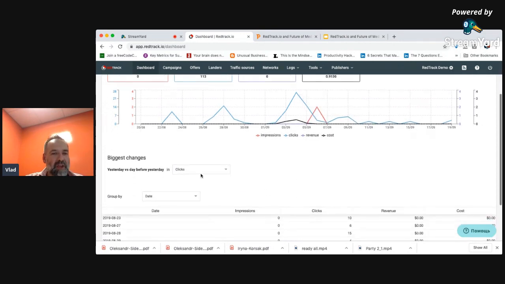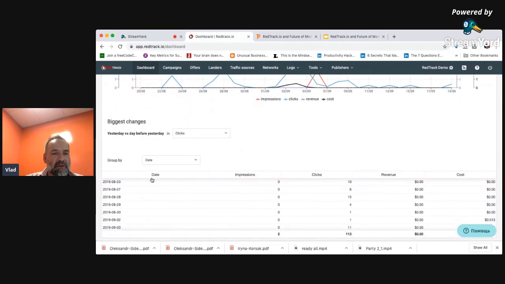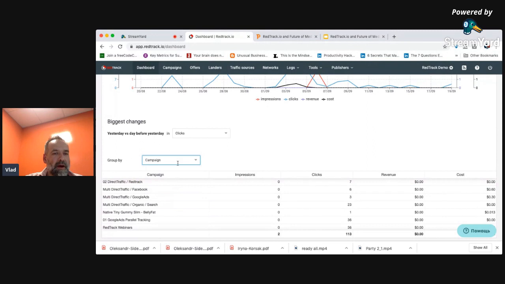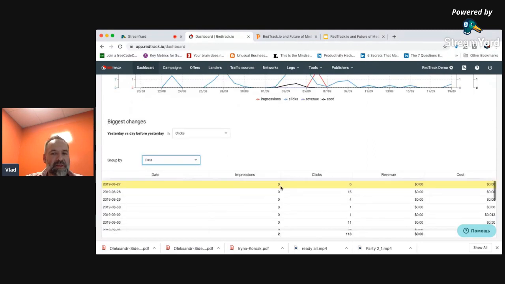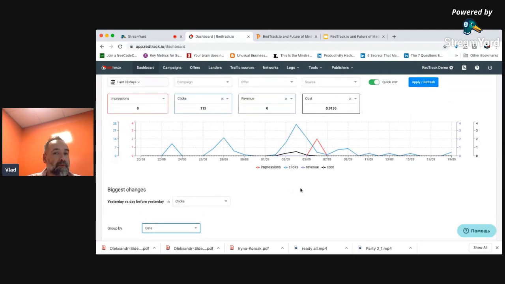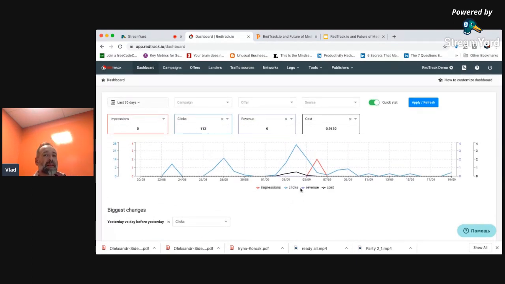We added biggest changes, and we added all this data into a couple of groupings, like by source, by campaign, by date, just to see some overall view into your account performance. Now, that's just the beginning. We have quite a few exciting updates for the next week. 2 features that are not due will be published, and we'll cover them in the next webinar.